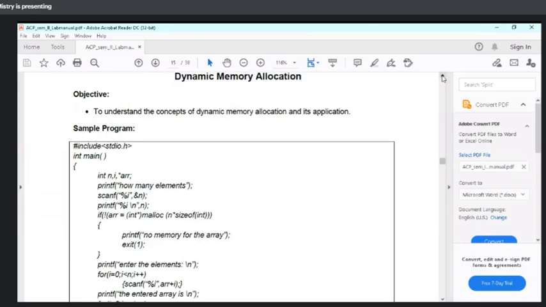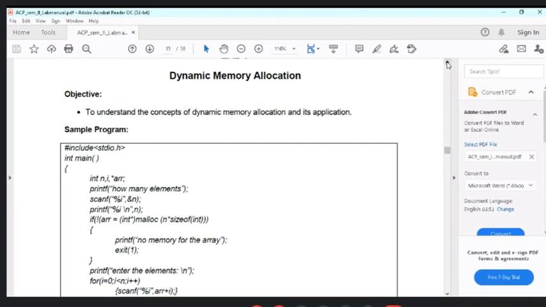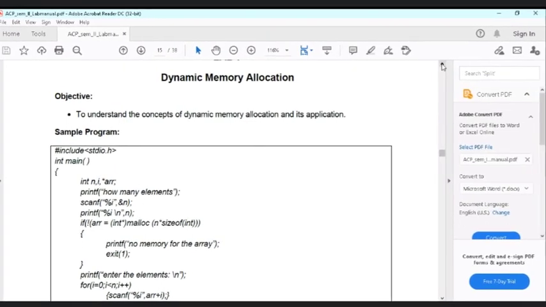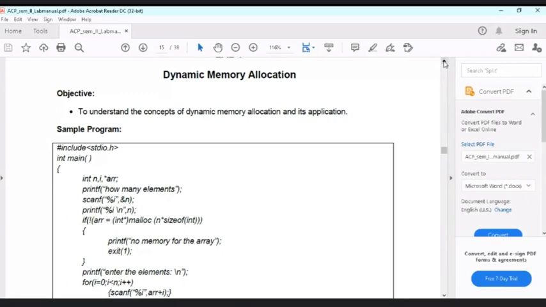These two functions are used for dynamic memory allocation. Now, what is dynamic memory allocation and how is it different from the usual or conventional memory allocation that is of static kind, or fixed memory allocation, you can say, that cannot be changed as per the requirement.